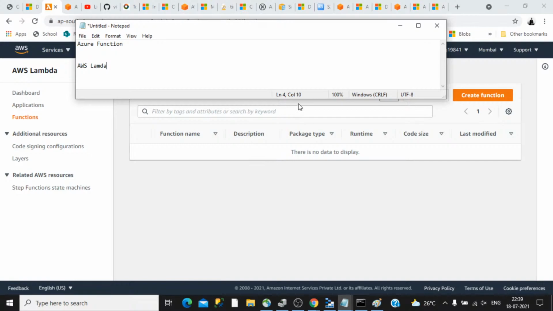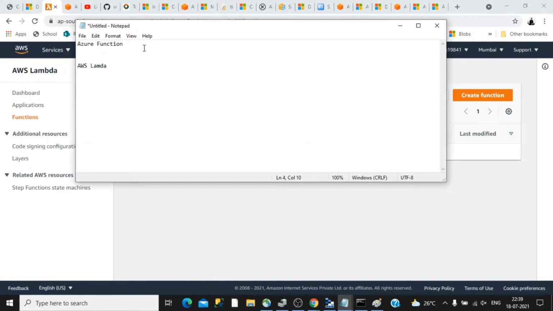Okay, so if you have a simple application where you have a lot of IoT devices and you want to host a microservice, that is an API, to respond to these IoT devices, you will be creating an IoT API for that purpose, based on an HTTPS trigger.